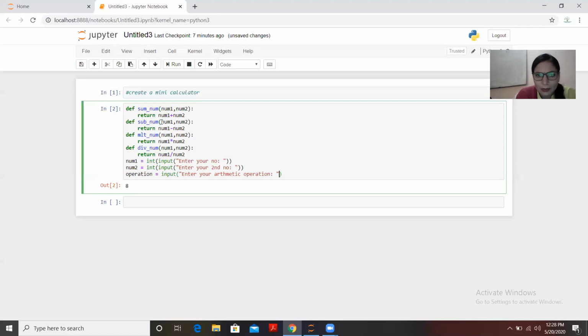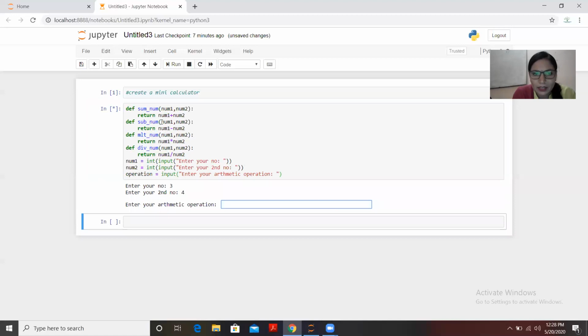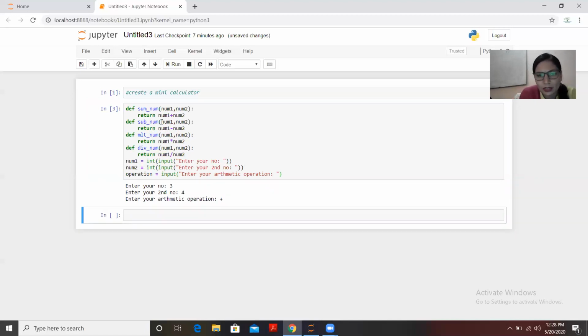So here I'll be taking three end user entries. One is for num1, second is for num2, and third is for the operation. So when you simply run this code, it will give you three prompts: one, second, and the operation. Let's say you select plus here. Here you are not giving any option to apply this plus symbol to these two variables. So you need to handle that, meaning you need to apply a certain condition here.